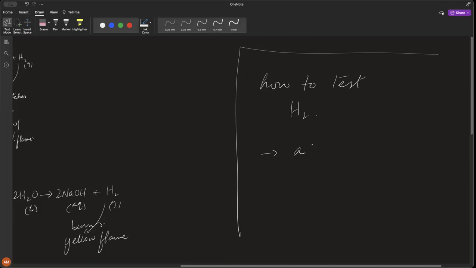When we were doing acids, bases, and salts. In salts, you're going to find this topic at the end, the test for different gases. So hydrogen gas is basically colorless and odorless, right? So a lighted